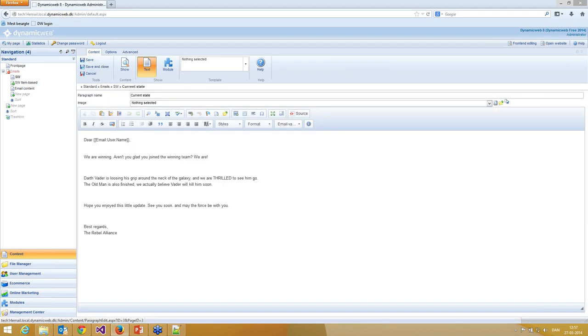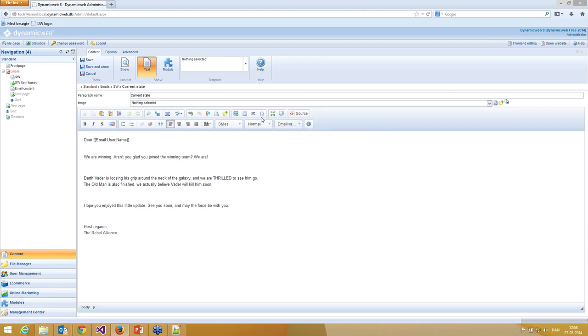So if I check this, you see I have here the username. If I wanted a different one, I could just select it from this drop-down, and I have his name, I have his address, I have zip code, I have a lot of information. And this list is being extended. We continually add new elements to this list, so you have all of these placeholders available to you where you